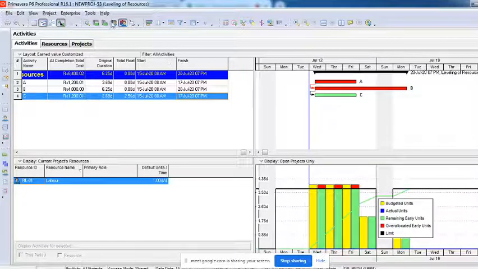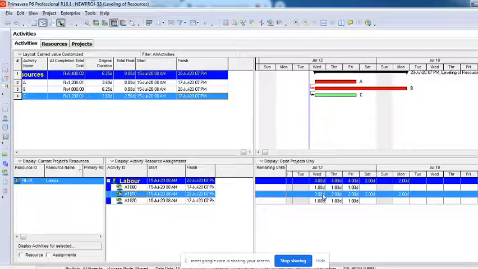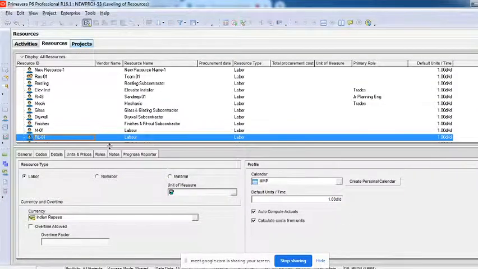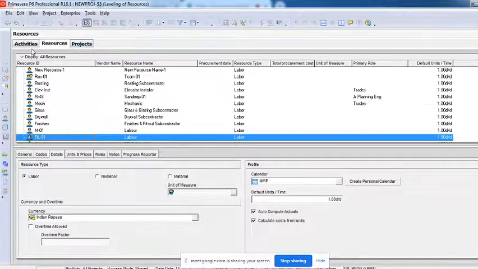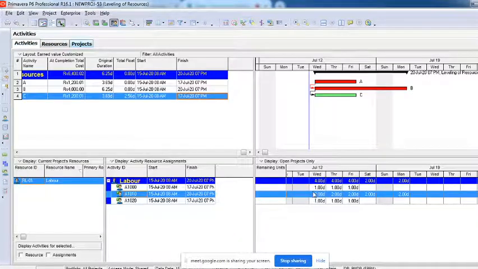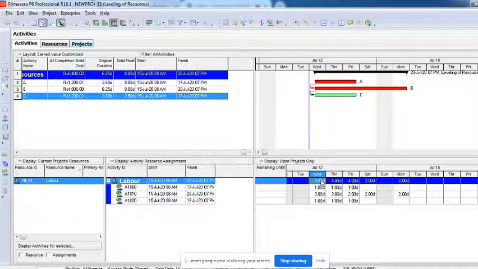You have planned for 2 labors per day, not 1 labor per day for activity B. In resources, what we have given here is only 3 human resources per day, right? But in activities, 1 plus 2 plus 1 is equal to 4. Means every day I am requesting 4 human resources.